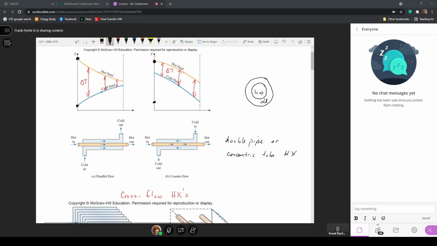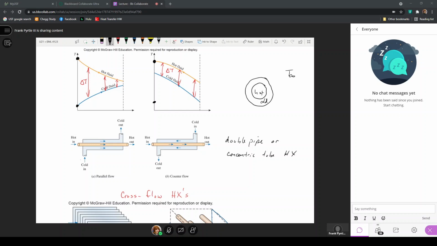It can be in the opposite direction, but typically, since the heat transfer will occur between the two fluids, you have environmental conditions on the outside. Typically, the hot fluid is at a much higher temperature than the ambient. So if you put the hot fluid on the inner tube, the heat transfers to the cold fluid, and the temperature difference between the cold fluid and the ambient is much less than the temperature difference between the hot fluid and the ambient. So you minimize the amount of heat transfer that will be occurring between the fluid flowing on the outer pipe